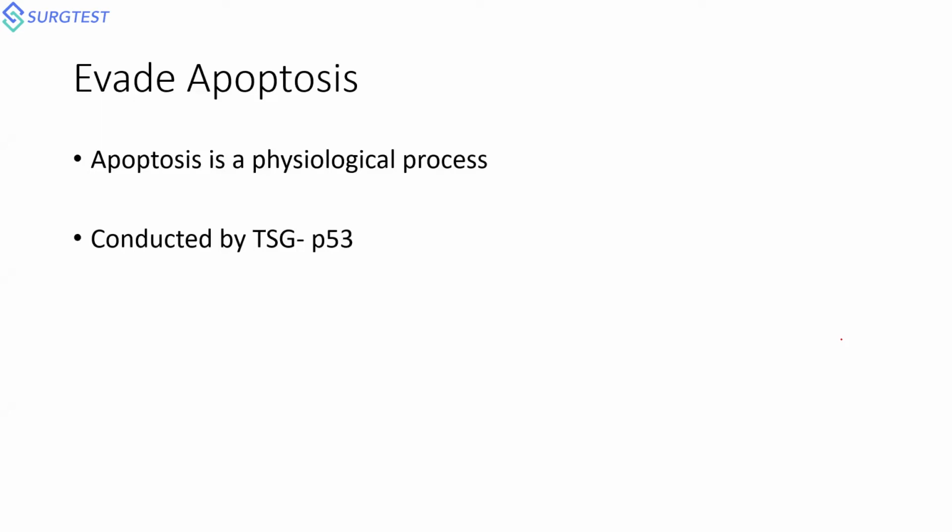Again, regarding apoptosis, I already told you the mastermind behind apoptosis is your tumor suppressor genes, especially P53. I again repeat, P53 alone does not do apoptosis. It has a lot of associated genes that control apoptosis, of which the mastermind control is P53 because it regulates a lot of underlying genes, which we have read during our pathology times in the 7th chapter, the neoplasia chapter, which is a very big chapter in our preparation. This particular P53 acts via a sequence of genes, for example ATM and MDM2.